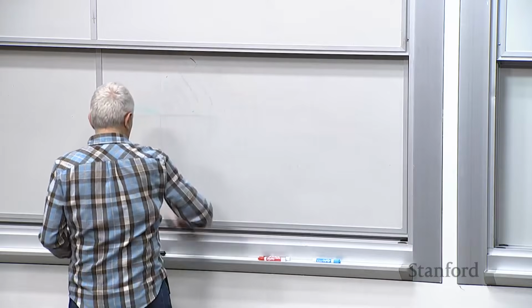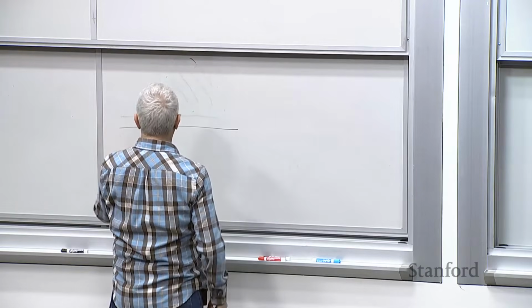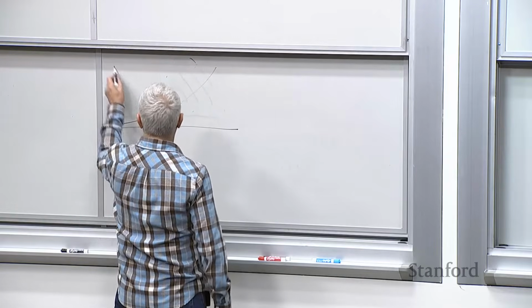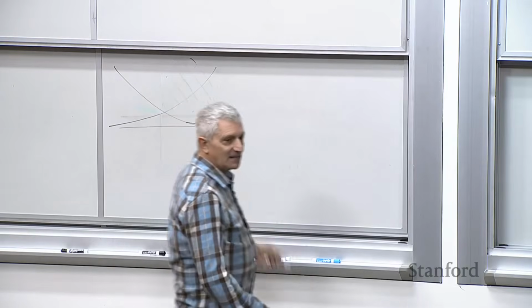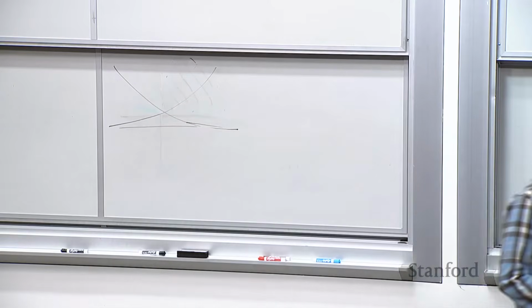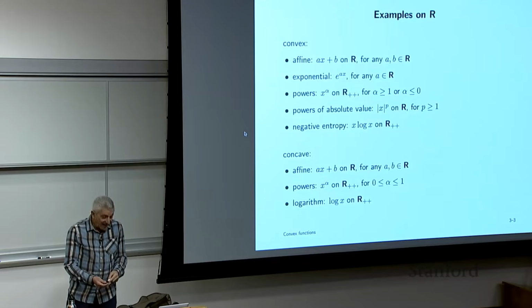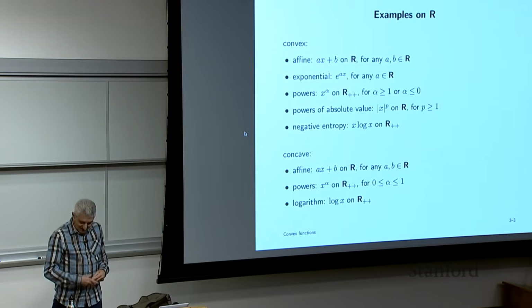You just draw a picture and say, look, I'll just draw you some functions. Here's one, and here's another. This is like e to the x. That shouldn't go below 0. That's e to the minus 2x, or I don't know, I made it up. But it looks like that, right? And these clearly have non-negative curvature. So those are examples.